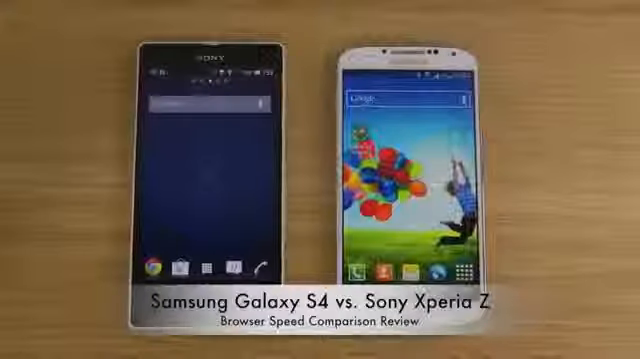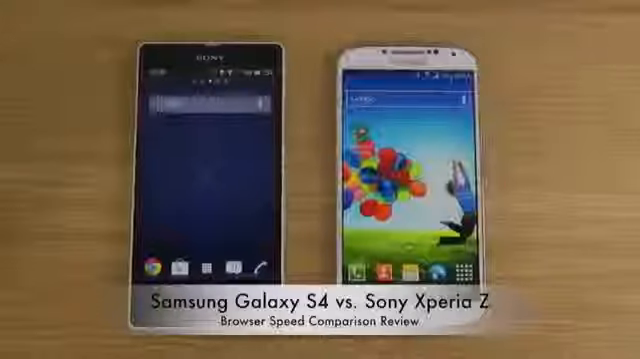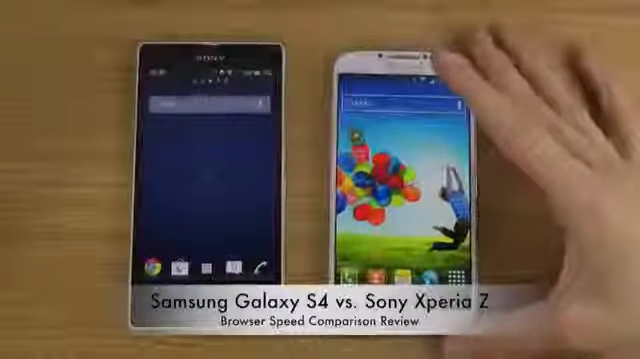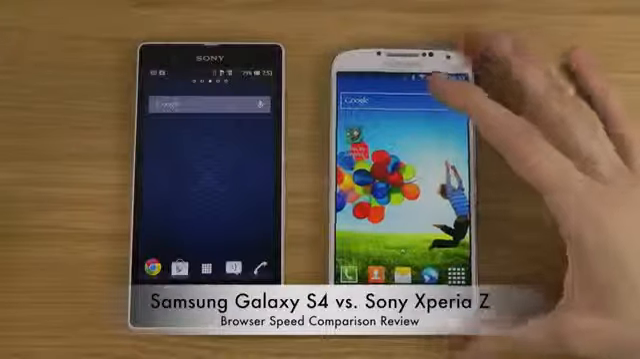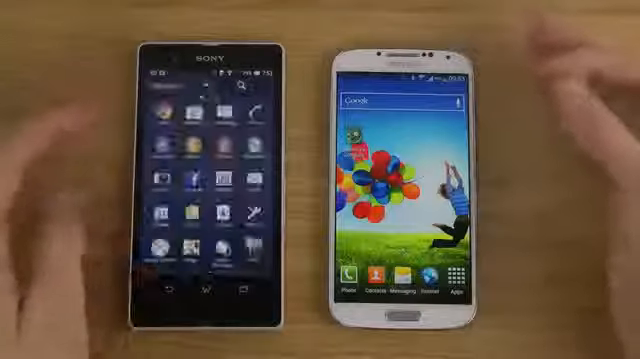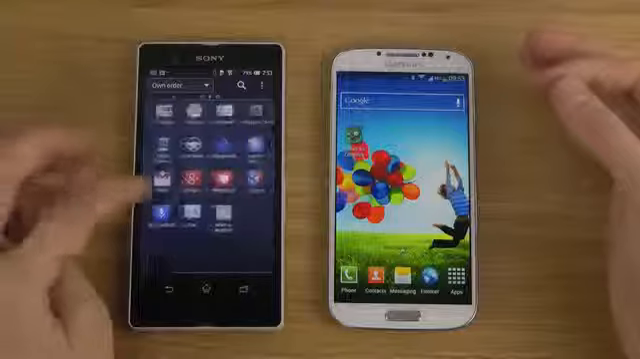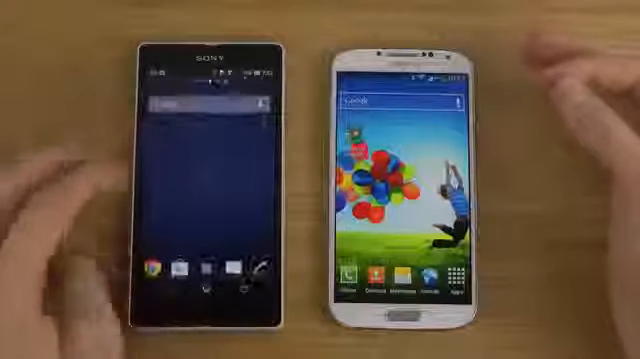Hey guys, so today I want to do a quick little video here comparing the Sony Xperia Z's browser versus the Samsung Galaxy built-in browser here in my S4. So the thing you need to know first is that Sony themselves doesn't seem like they have their own browser application. So the browser that you do get with the Sony Xperia Z is the Google Chrome browser, which you